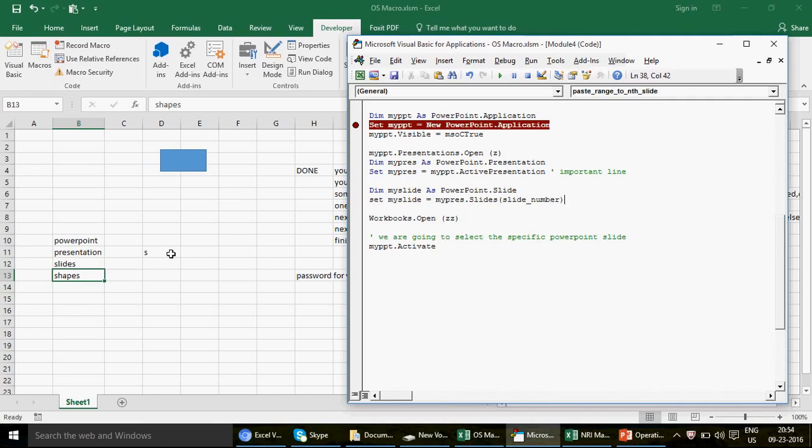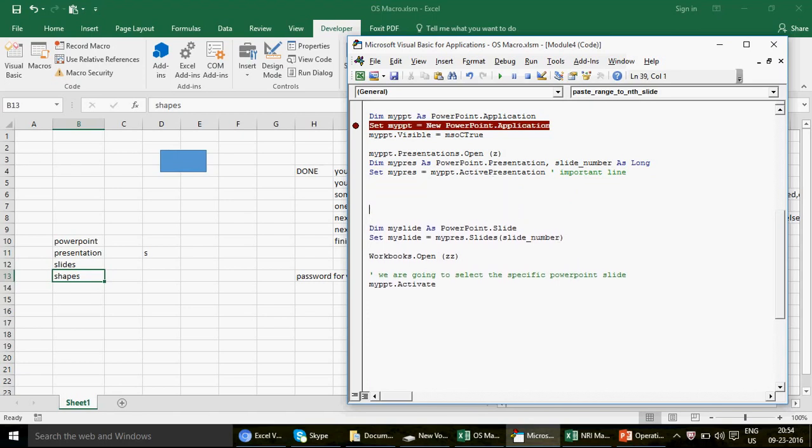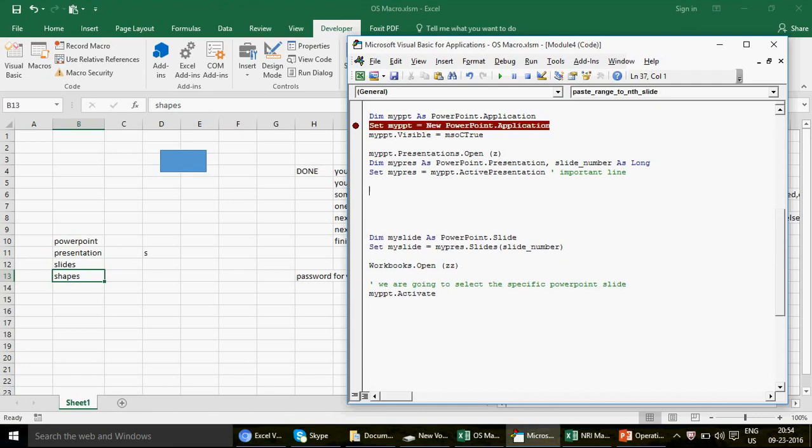and we will have to declare it. So I'm going to declare that variable. Maybe I can declare it here, slideNumber, as, let's say, Long. And so the slide number, when we actually get this activated, we will have to give this option. We will have to pop up the input box where the user can write the number. So here we're going to write Dim slideNumber,